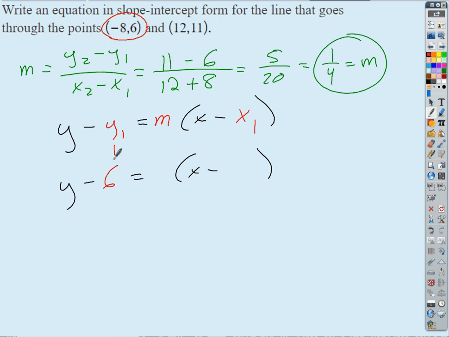Equals, what's my slope? 1/4 times x minus -8, so that becomes an x plus 8. Would agree? And now it's easy. Same darn steps every time. Now we're just going to distribute the slope and add like terms, and that we've simplified it into slope-intercept form,